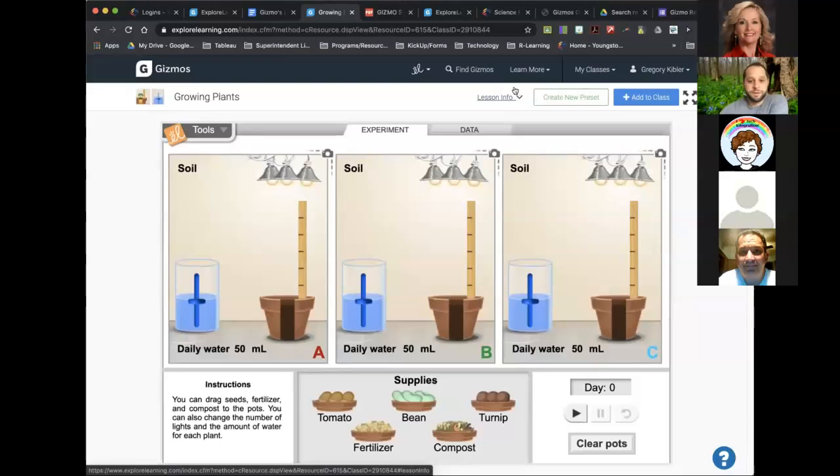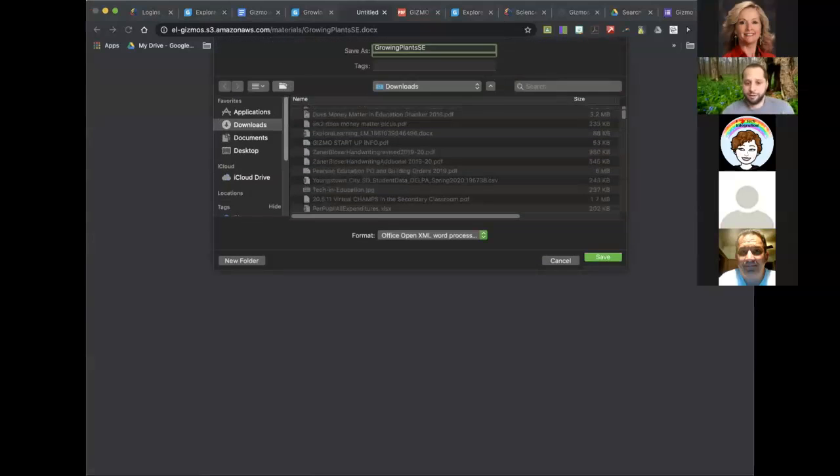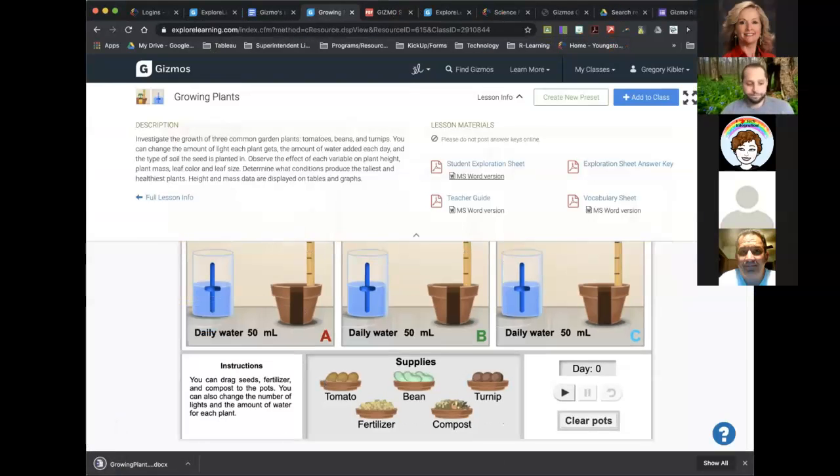Up at the top, you'll see lesson info. All right, and before we launch it, that's accessible there as well. But what you're going to see here is 4 main things with every lesson. One is the student exploration sheet, answer key, the teacher guide, and a vocabulary sheet. Now here's what's great about Gizmos. You're seeing there's the PDF little icon, and then right below it, there's a Microsoft Word version. So if I open up this Microsoft Word, I have to download real quick. And if I open it up,